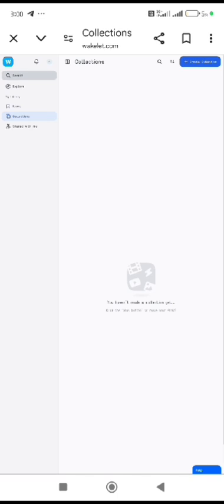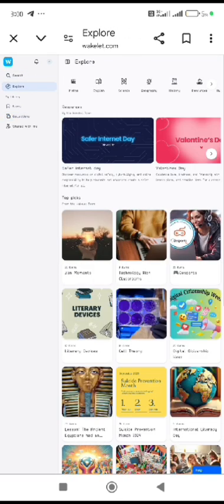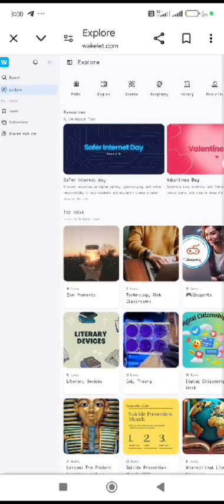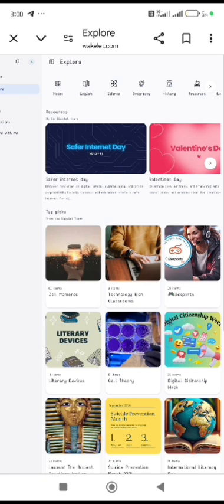It means whenever your video or the things are ready, you can share it with your friends or others. Whenever I click on explore, as you can see, so many things open. At the top of this dashboard, different subject icons are there, like maths, English, science, geography. As per your choice, you can open your own one. So let me open the science. Here in science, different things are there.